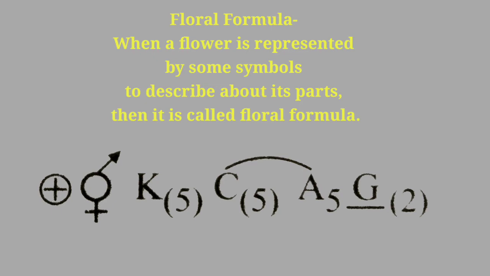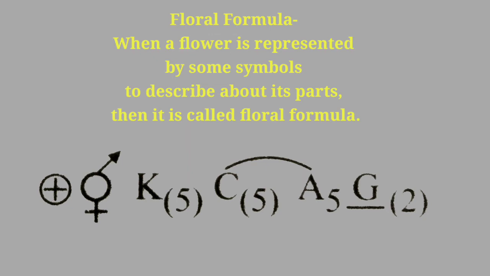So this is a simple representation of a floral formula, that is how to write a floral formula. So this is very simple. If the flower is bracteate, then definitely we will use BR. If it is not, then EBR is used. Then in a sequential manner, first comes the symmetry, then the sexuality, then the floral parts. And accordingly, we place the sign along with the number of the floral parts of that particular flower.